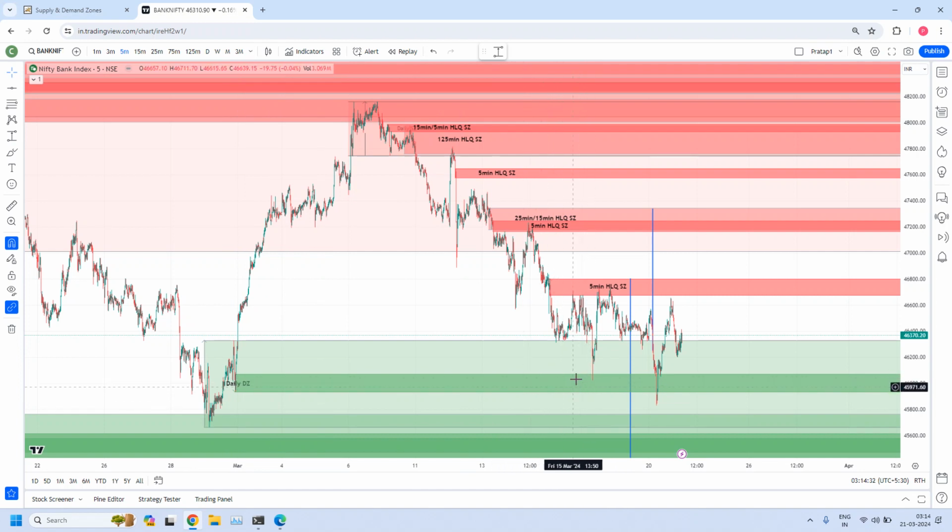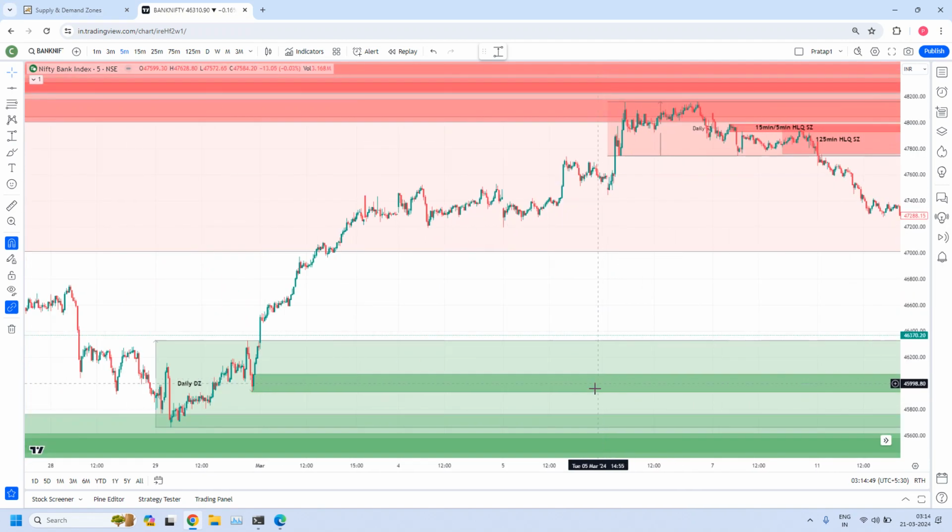This is the 5 minute zone. This entire zone is the daily area, because the daily zone can have multiple order flows. This is the first order flow, where we got the entry. Below is the second order flow, where today we got the entry. Actually, there is an order flow. That is the exercise I have given to you.